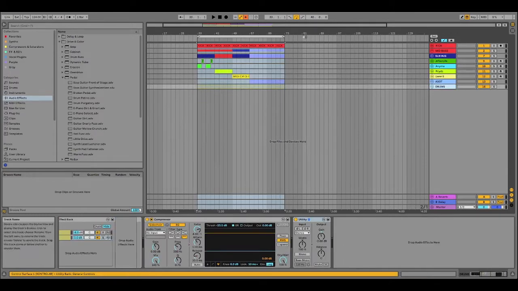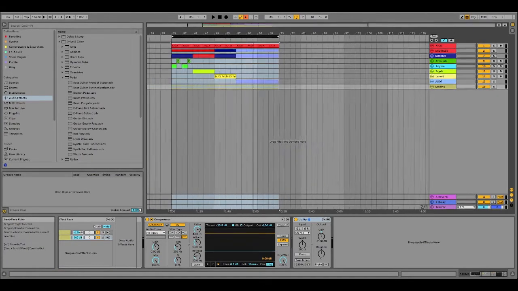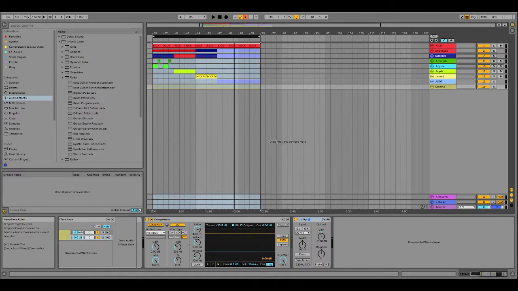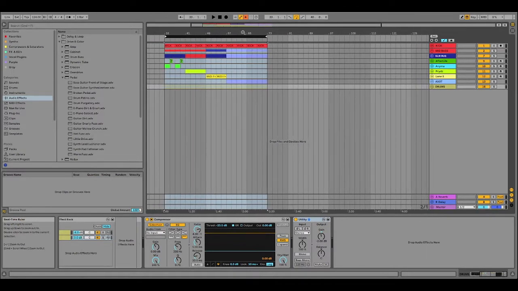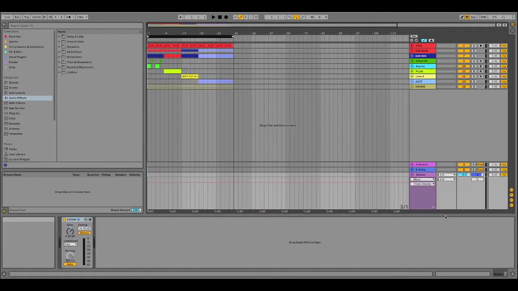But without further ado, let's do a little bit of a playback from the actual template, and then we can do a bit of a breakdown. I won't give too much away because I really want the patrons to be able to get these files and these presets, as they will obviously be paying for them. So let's have a listen to these presets, and then I can break them down for you.